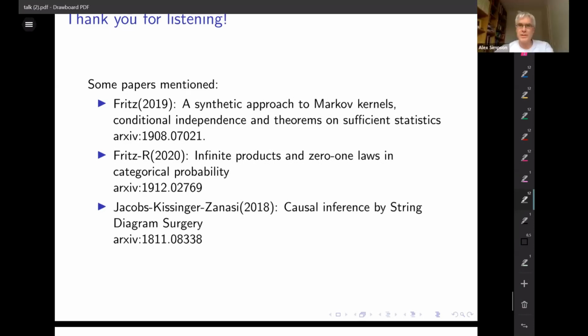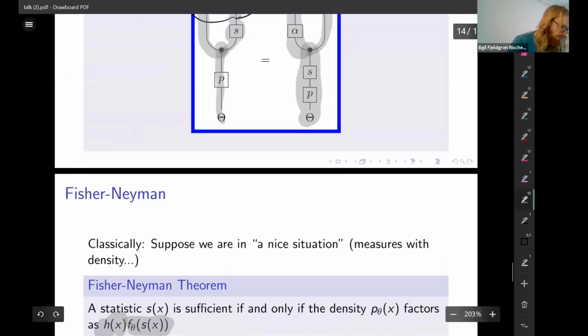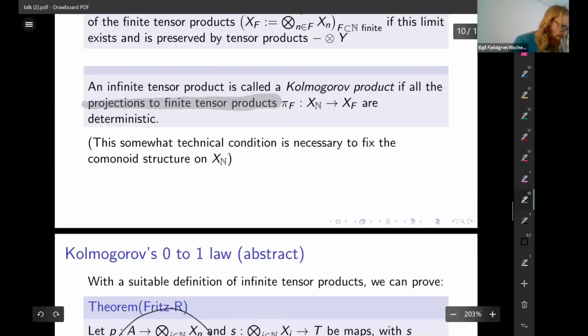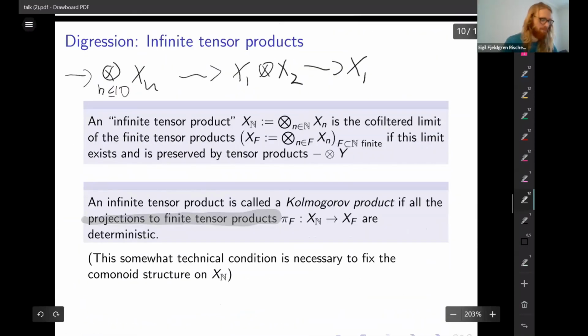Yeah, I've got a question. Thank you very much for the talk, I really liked that. Would you mind saying precisely what your condition of preserving the tensor is in the definition of Kolmogorov? Yes, definitely. Let me just go back to this. I skipped over this a little bit. So you have